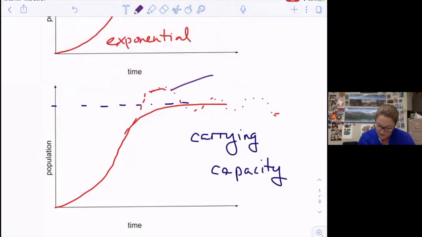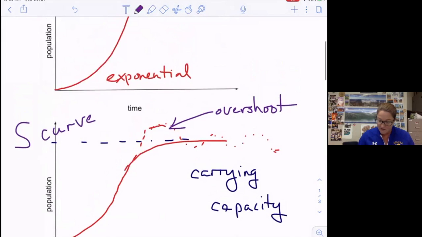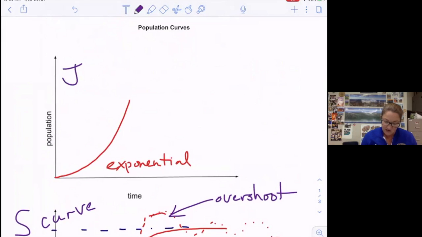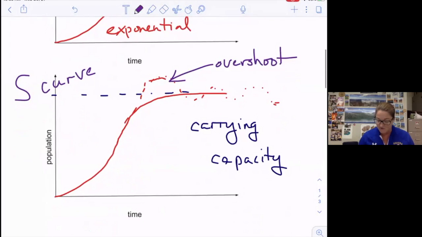This point here is shockingly called an overshoot, where the population grew too high, higher than could be sustained, and some died off. This type of curve is known as an S curve because of its S-like shape. This type of curve is known as a J curve because of its J-like shape. The J curve can then turn into an S curve, or another possibility